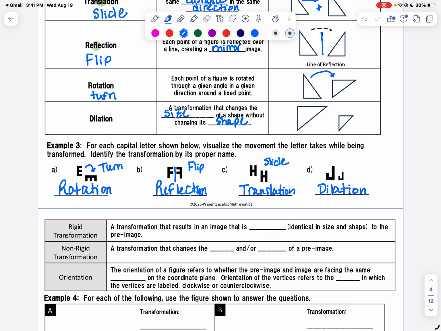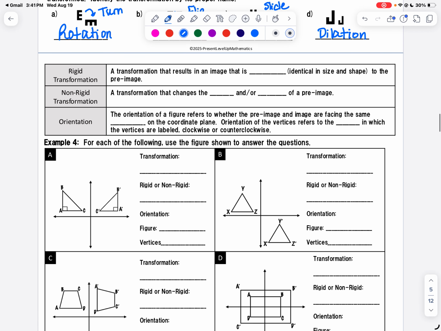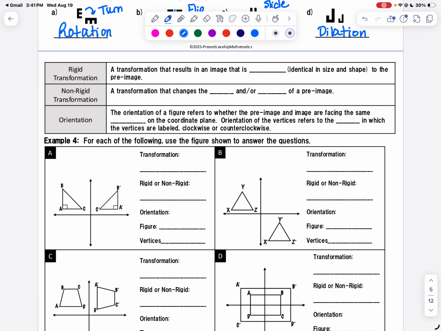Now let's look at a few more definitions here. We have some different types of transformations that we're going to talk about. So we have rigid transformations and non-rigid transformations. A rigid transformation is just a translation that results in an image that is what we call congruent. In other words, it has an identical size and shape to the pre-image. And then a non-rigid transformation is a transformation that changes the size or the shape